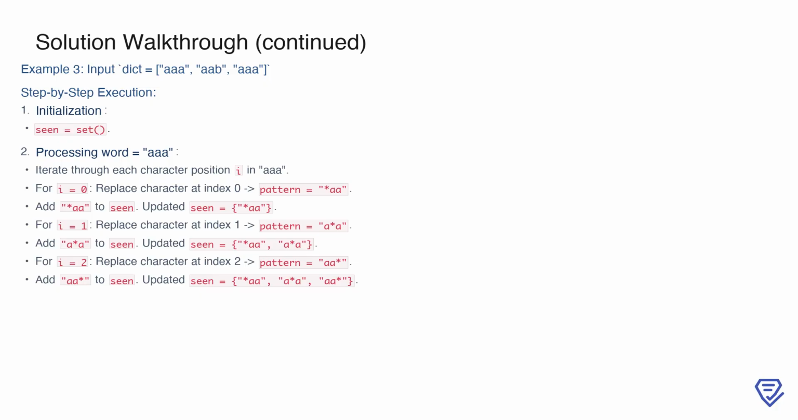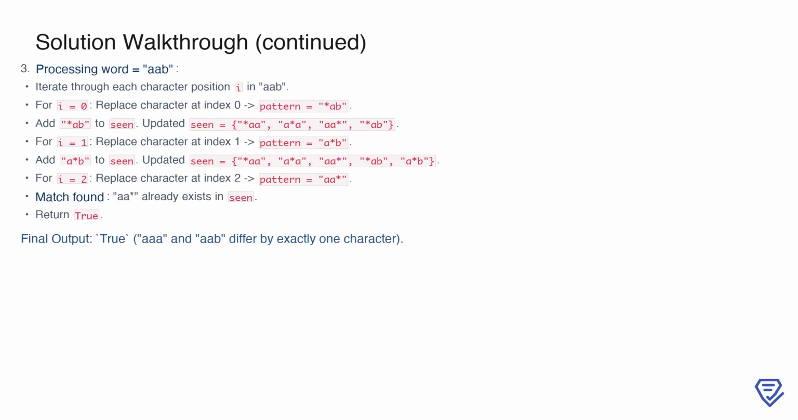At index 1, the pattern A*A is generated and added, updating the set to *AA, A*A. At index 2, the pattern AA* is created and added, resulting in the set *AA, A*A, AA*. This completes the processing of the first word. Next, we process the word OB. At index 0, replacing the character generates the pattern *B, which is added to the set, updating it to